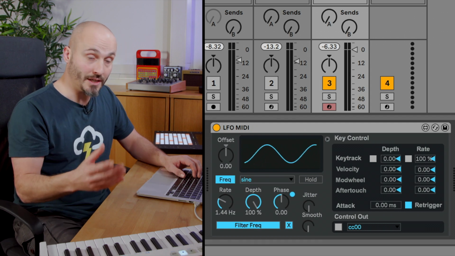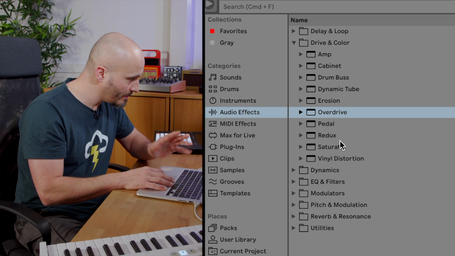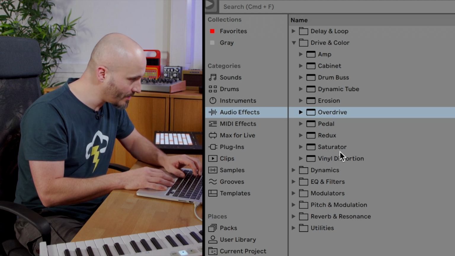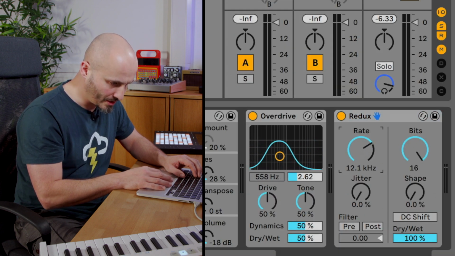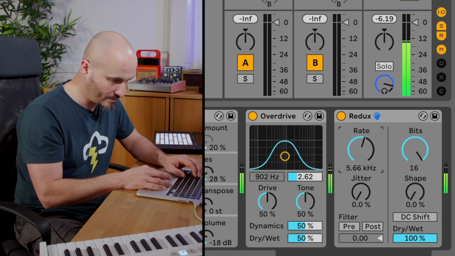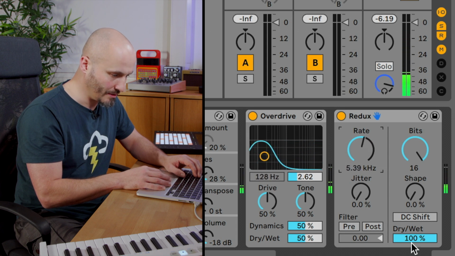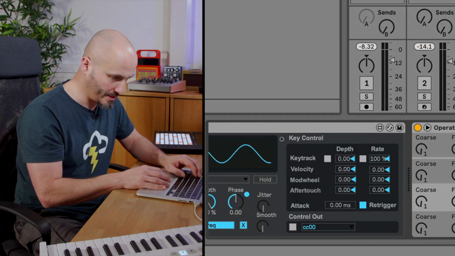So on a similar nature, let's have a look at envelope MIDI, and let's find another sonic variator to this sound. So I'm going to reach for, let's go for Redux this time. And again, find something that sounds good in context. Let's go for that. So I'm going to find the map button for envelope and assign that to the rate